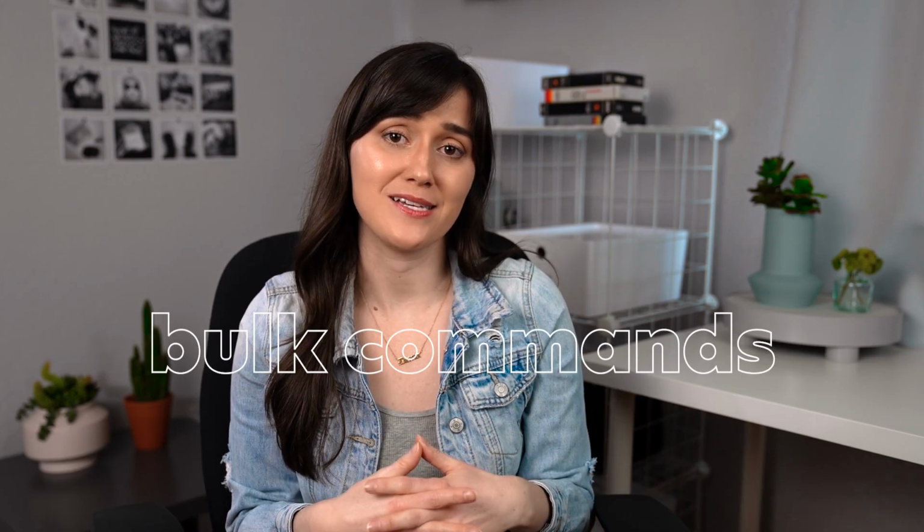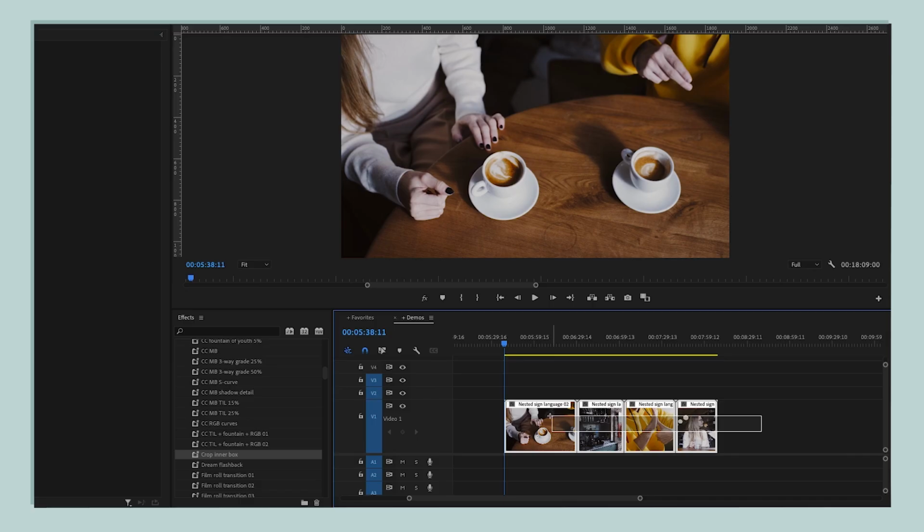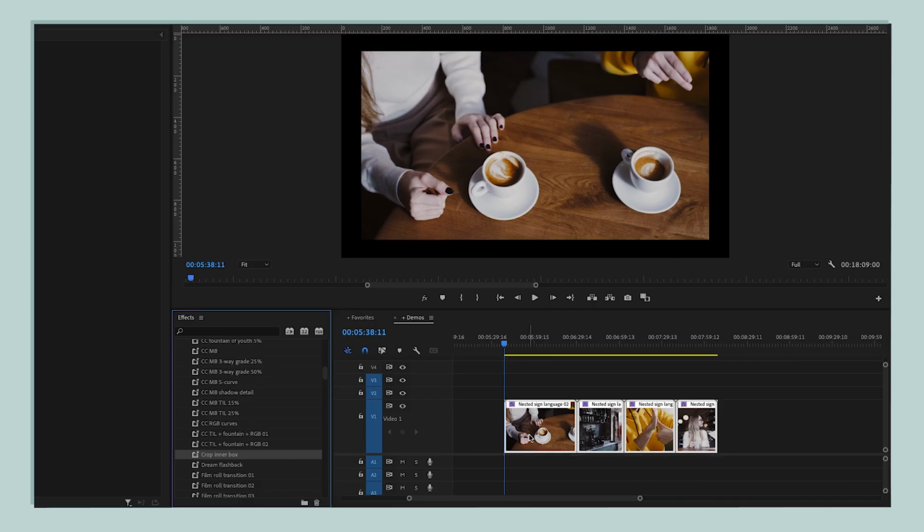All right, now let's talk about being efficient when you're working with effects, because y'all know I love being efficient. And so we're gonna start with bulk commands. So first, I can select multiple clips here, and I can add an effect to all of them at once. I can also select multiple effects over here in the effects panel, and I can add all of them to